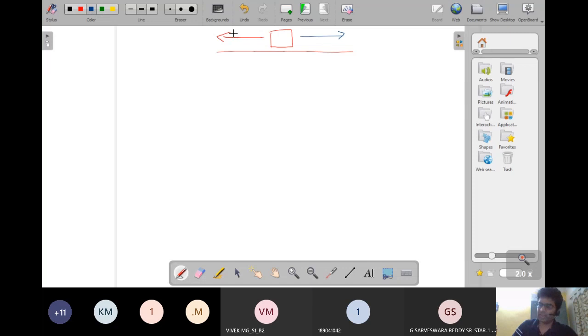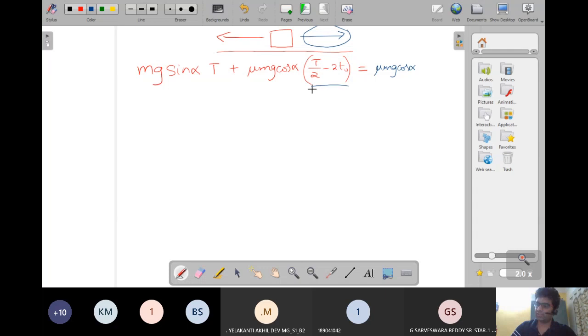Blue color. So the red part, in the downward direction, the impulse is due to mg sin alpha, okay, multiplied by capital T, because that's a constant value. Whereas for mu mg cos alpha, that is the friction value, that would be acting only for T by 2 minus 2 T naught, right? Whereas this should be equal to the blue part, which is this part, right? Mu mg cos alpha in that direction would be acting for the rest of the period, right? So this would be T by 2 plus 2 T naught, right? So when you rearrange this, you'll end up having